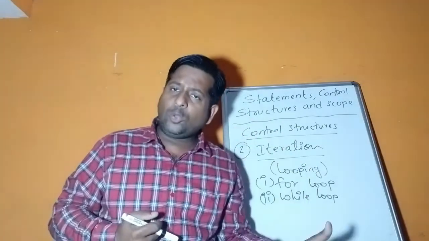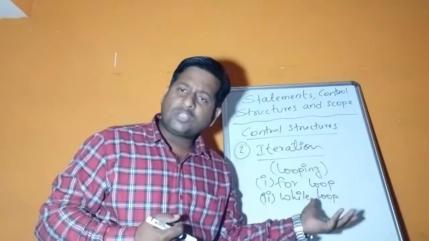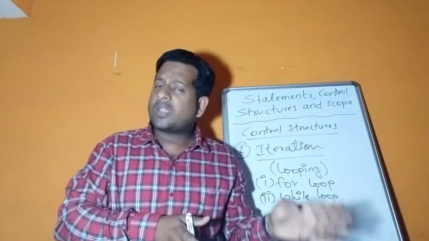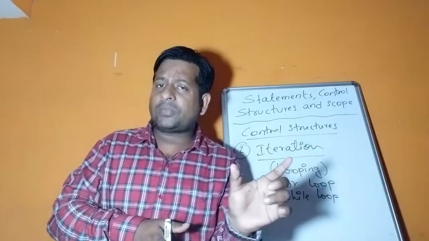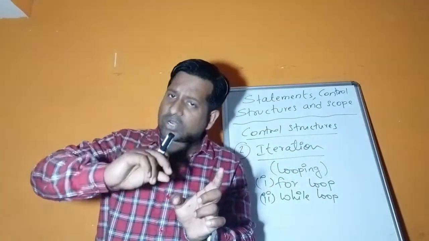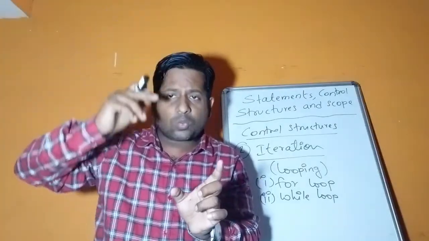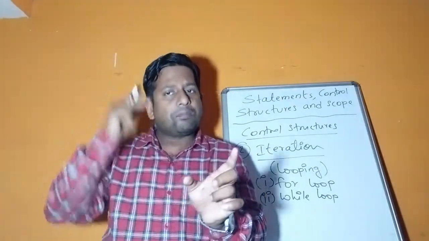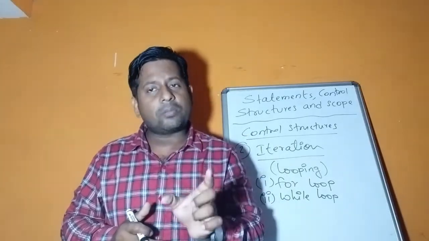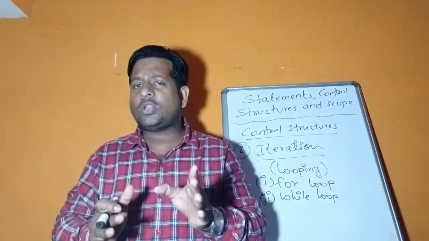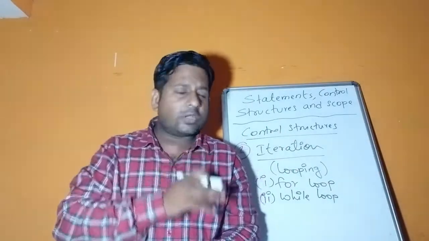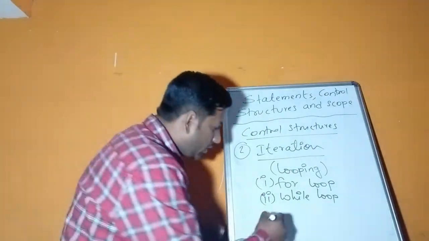So children, while loop is also an entry control loop, but there is some difference between while and for loop. For loop contains three different parts together, whereas in while loop the first part, the starting, is above, then inside the while is the condition or expression, then inside the block are the number of steps, increment or decrement. So this is the only difference between while and for loop. Okay children, now let us see the third one,